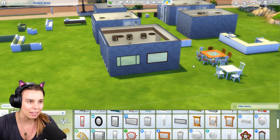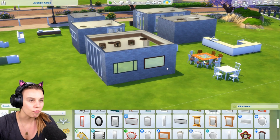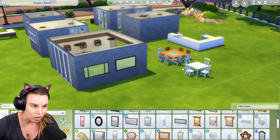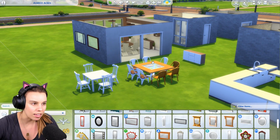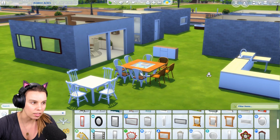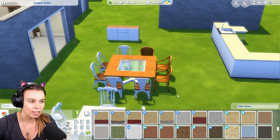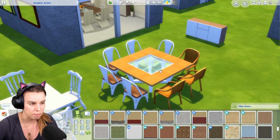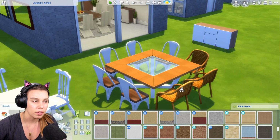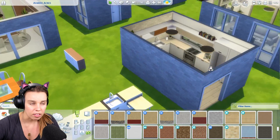I just feel like it has so many finely tuned items that are contemporary, that look like what's out in the real world, that don't feel like dollhouse pieces. And as much as I appreciate and love what The Sims does for us, I think it's really important that CC that is so well made like this is shown and appreciated and supported, because this is really a little bit of a kick in the butt for The Sims to take time with the objects that they're shipping, and whoever's making them, whether they make them in studio or contract it out, they really keep a close eye on how well the pieces can be used by players,